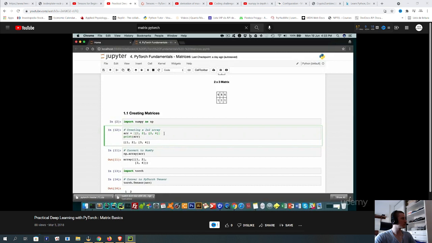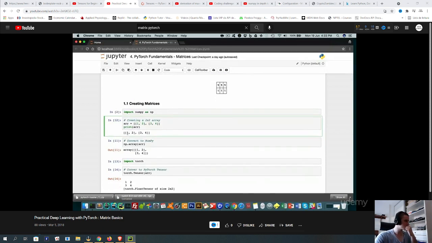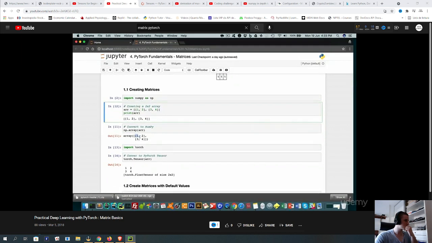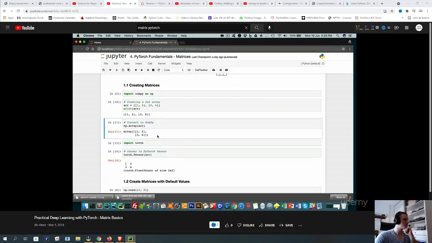nested lists. So we have a list here, as you can see, the green parts. That's the main list, and then you have 2 lists within here. So when we print it, we get 1, 2 within one list, 3, 4 within one list, and you get a whole list. Now, when we pass this particular list, which is ARR, into numpy.array, we have a 2 times 2 array here. This is how we can create a 2 times 2 array comprising 1, 2, 3, 4 in